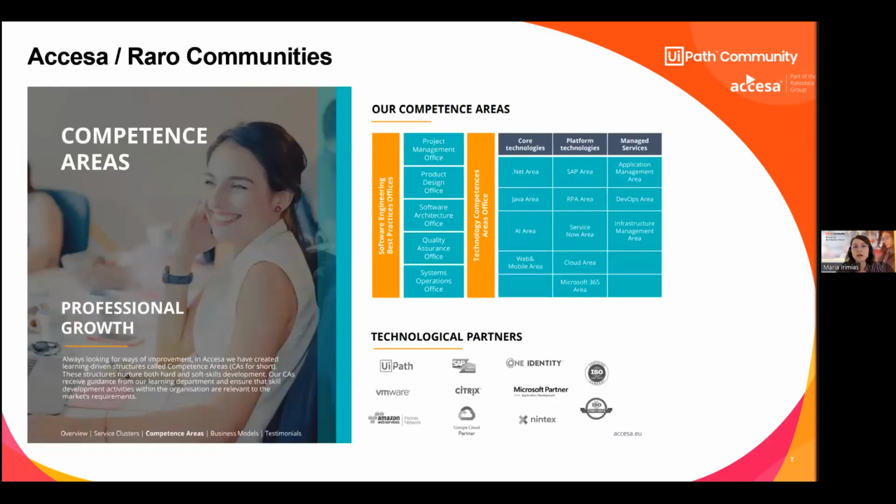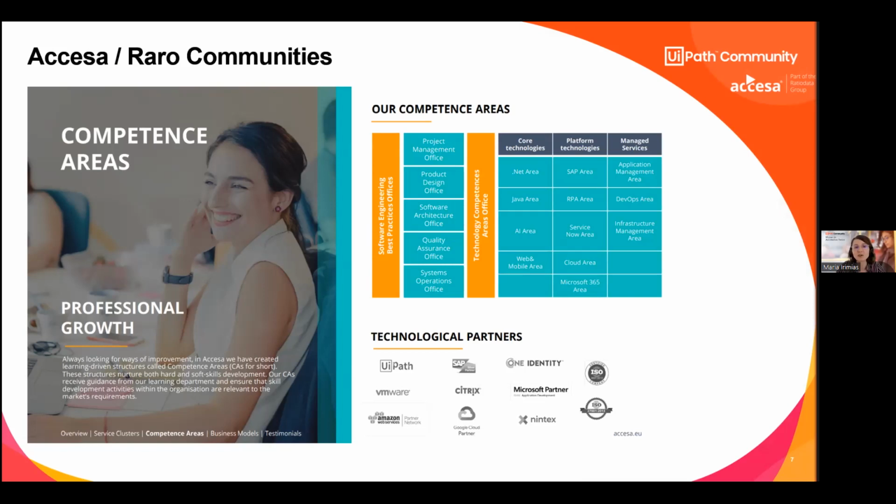At the same time, I'm also part of the Accessa community as an active leader in the RPA area. Just a few words about Accessa. It is part of the RPA Data Group, and it is a leading technology company which is headquartered in Cluj-Napoca, where I'm currently in. So I'm the single MVP Romanian girl and woman.